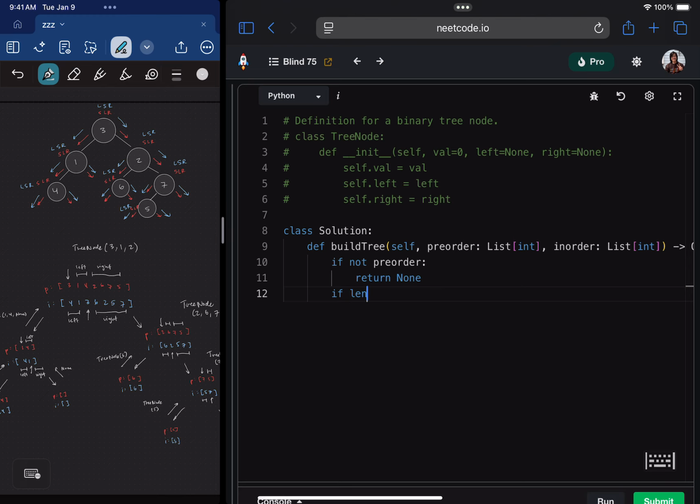And if the length, well, okay, we don't even technically need this, because we can let the single node base case be caught by this situation here. Let me think. Okay, we'll do it as diagrammed, and then we'll talk about why we don't actually have to do this. I'll say if the length of preorder is 1,